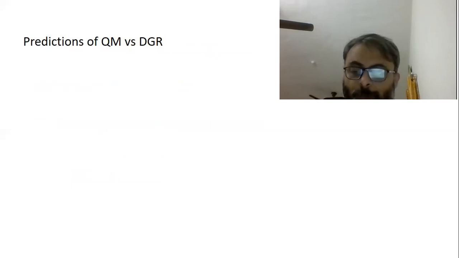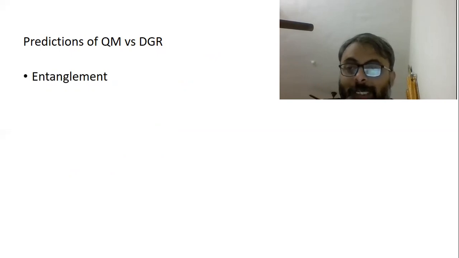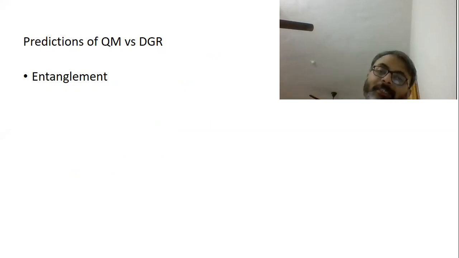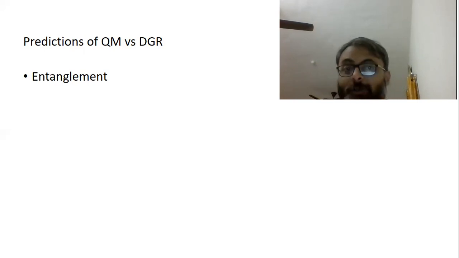So what are the predictions of quantum mechanics? Entanglement, DGR nicely explains what exactly is entanglement. In fact, it's one of the assumptions of it, but basically the entanglement in DGR is different from entanglement in quantum mechanics. The entanglement of PCs is slightly different than the entanglement of two particles. But the EPCs, which are formed because of active destruction which is happening in the core of every particle, can very nicely explain what is an entanglement of two PCs.